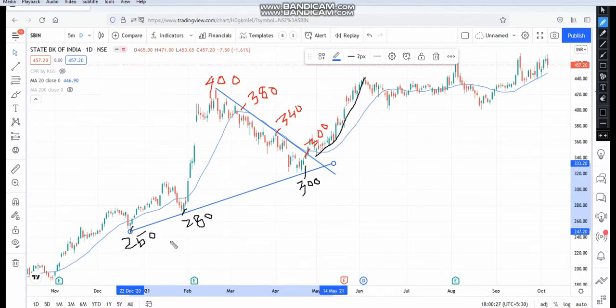So this is the triangle pattern. We have to connect the support line and resistance line. This is called support line, and we can understand the buyers' effort. Here you see 250, 280 and 300. Likewise sellers, they have put more pressure to push down the counter, 400, 380, 340, 300. This is the way of moving the market towards downside. And at the end of the episode, here you see the buyers have won the battle. So the market went up till 450. So this is the way one has to draw a triangle pattern.